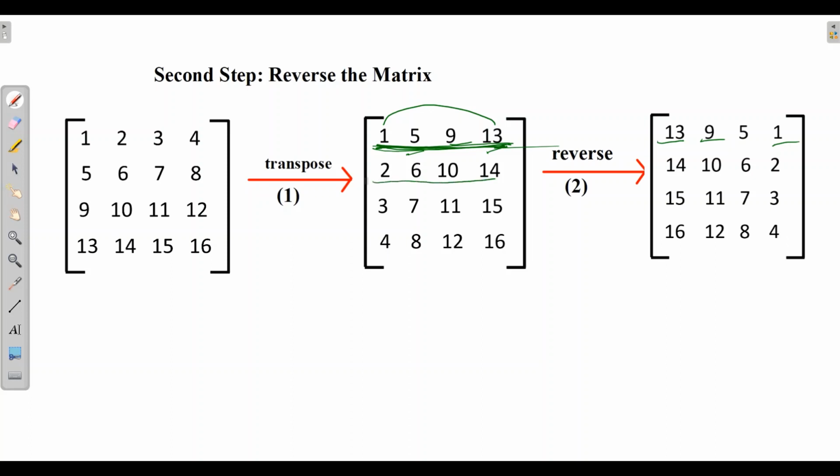Similarly, we will reverse the numbers from the second row, third row and fourth row. And this is our output matrix. So we need to know how to transpose the matrix, and then how to reverse the numbers in each row after transposing.